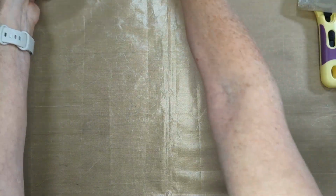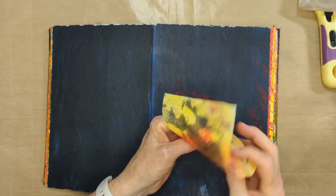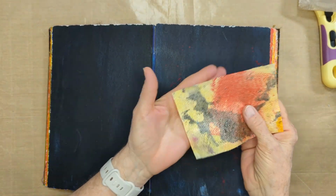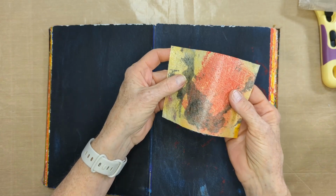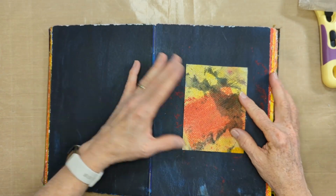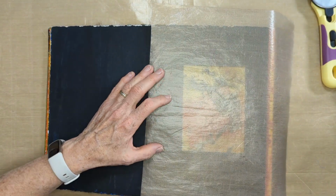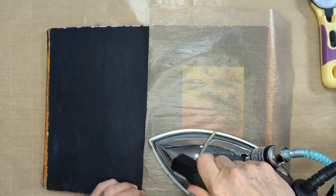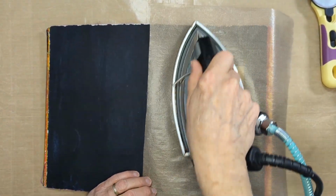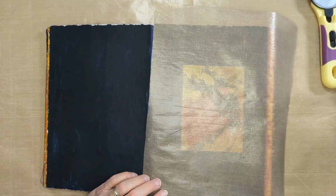Now, let me show you using this piece of paper towel, and I've already pre-fused the Misty Fuse on the back. You can see that it's a little bit shiny. So I put that on there, and I'm going to put it in this sketchbook that I've been working on for a few years. It's just kind of one that I fill up here and there. So this is an example of paper to paper. One of the places I used it,